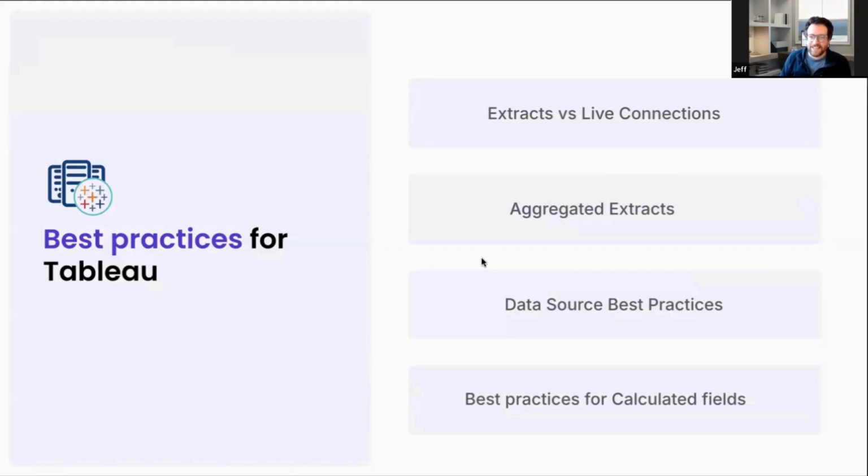Yes, if you always extract your data, when the users are dragging and dropping in Tableau or consuming dashboards and throwing filters, an extract is great for cost savings because it's not hitting your warehouse with every click that a user does in Tableau. However, you have to think about, is this dashboard going to be used a lot? And is the usage on this dashboard going to outweigh the amount of time that it took to create the